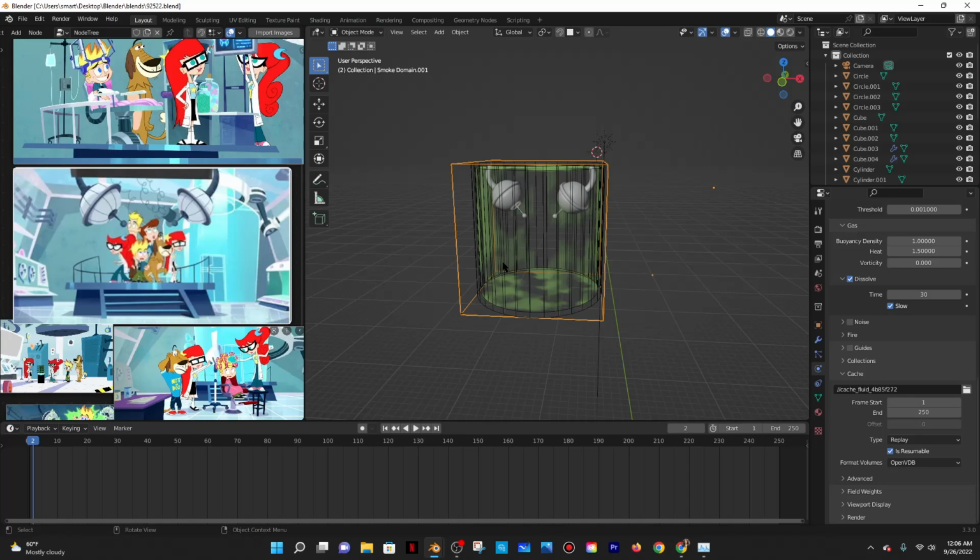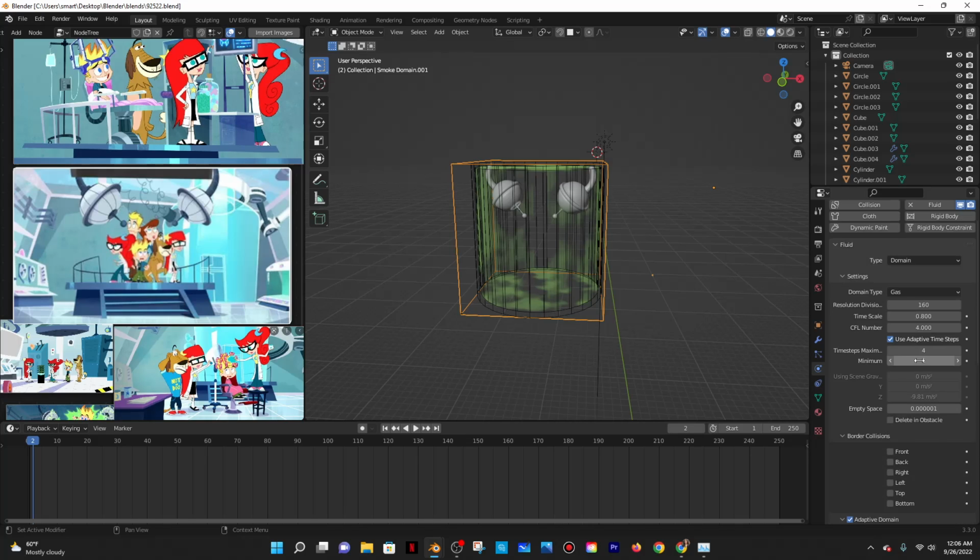So, it's weird. Oh, so now it wants to work. Just as I was about to give up, I was literally going to give up, and now it's green. Are you kidding me? Oh my god. Okay, anyway, what I did was I just changed it to replay, which is what I had at the beginning, so I don't understand why it didn't work in the beginning. It's resumable, and then I think,